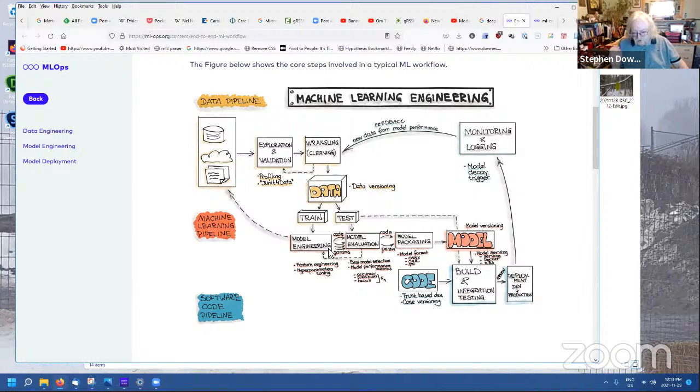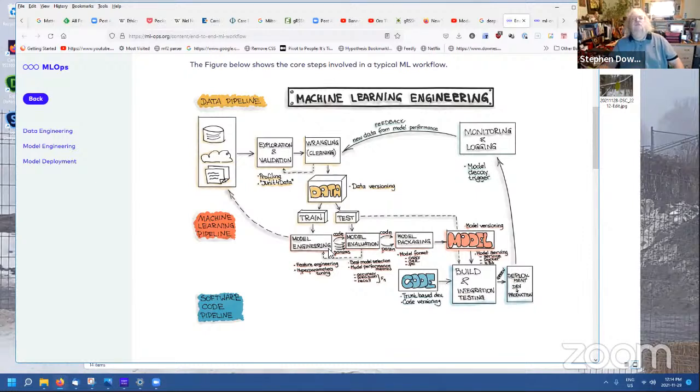Is it accurate? Is it precise, etc.? Once you've tested your model, and you're going to go back and forth quite a bit, perhaps, to get the best model that you can, the best fit that you can with the data and with what you're trying to get your model to do, then you need to package your model and make it available for use by a third party. So there are various packaging formats, ONNX, JAR, PKL, and then you deliver your model as a finished